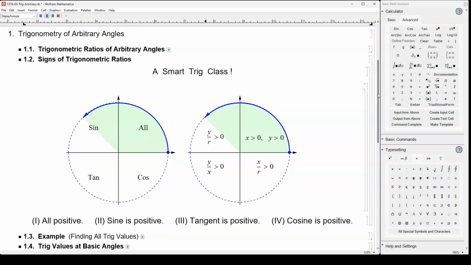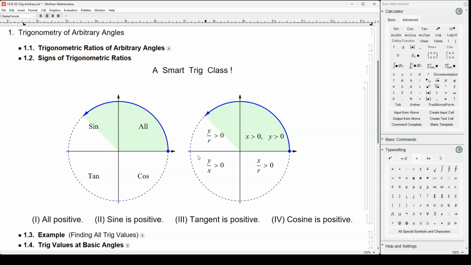A smart trig class. Why is that? Well, in the first quadrant, there's nothing much to think. Y over r, x over r, y over x, they're all positive because x and y are both positive. Now, in the second quadrant, y over r is positive because y, vertical, is going up. That's positive. X, on the other hand, going to the left, that's negative. Now, if you go to the third quadrant,